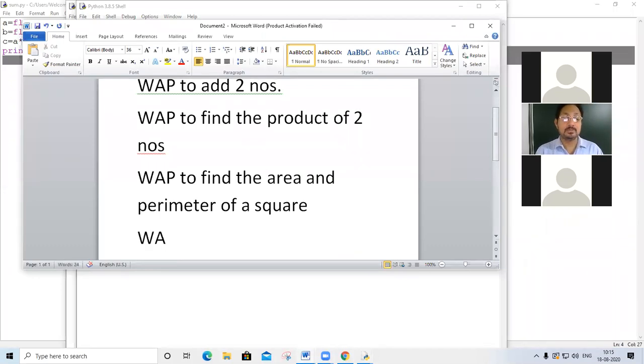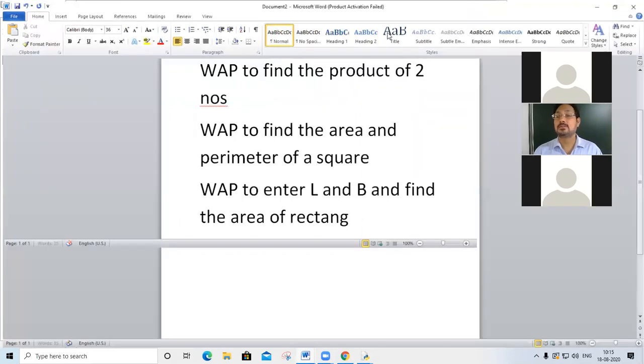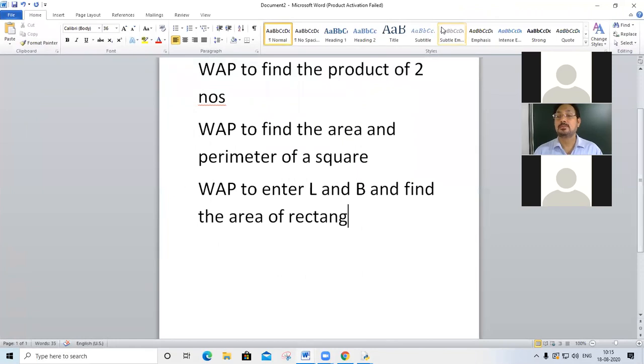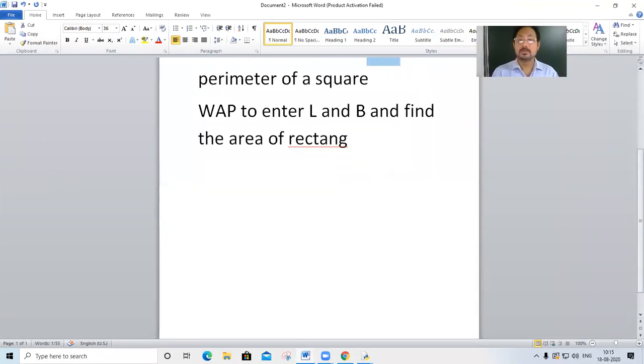Write a program to enter length and breadth, L and B, and find the area of rectangle and perimeter of rectangle.